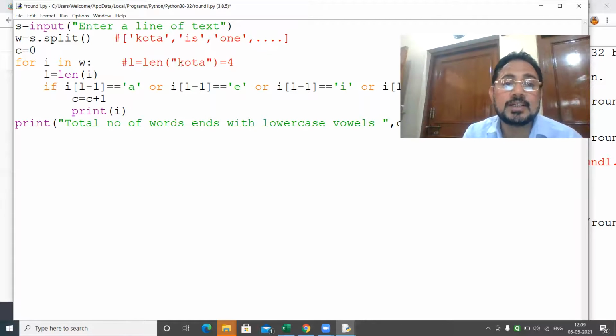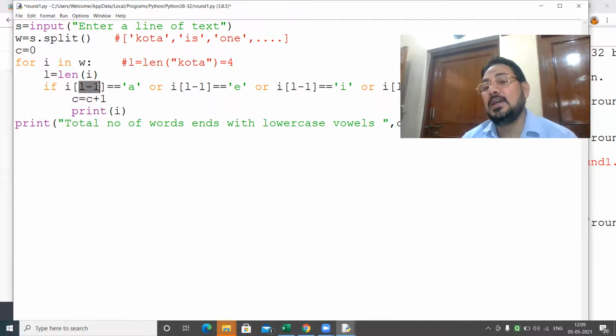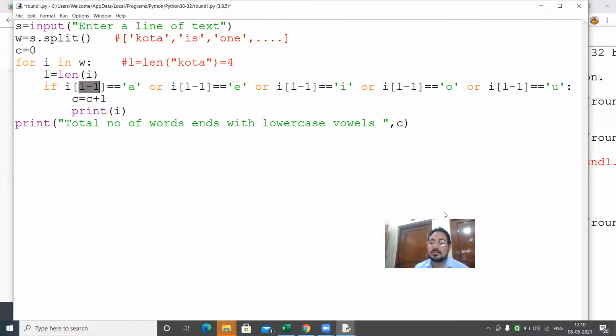But the index numbers are 0, 1, 2, 3, which is why I am using L minus 1. Whether it ends with A, E, I, O, or U, you will surely get the result. Hopefully the point is clear.